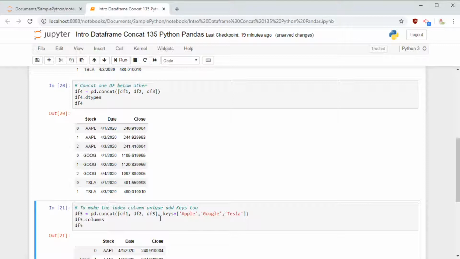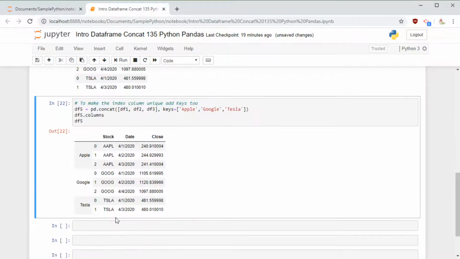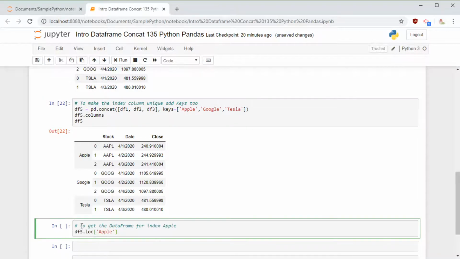Then you see Python has created a data frame 5, and this data frame 5 has three keys, Apple, Google, and Tesla, and inside each key it has a reference to a data frame, and that data frame has the data corresponding to that. Now for some reason, after some time, let's say from a concatenated data frame, you want to pull the data frame specific to Apple, it's doable.